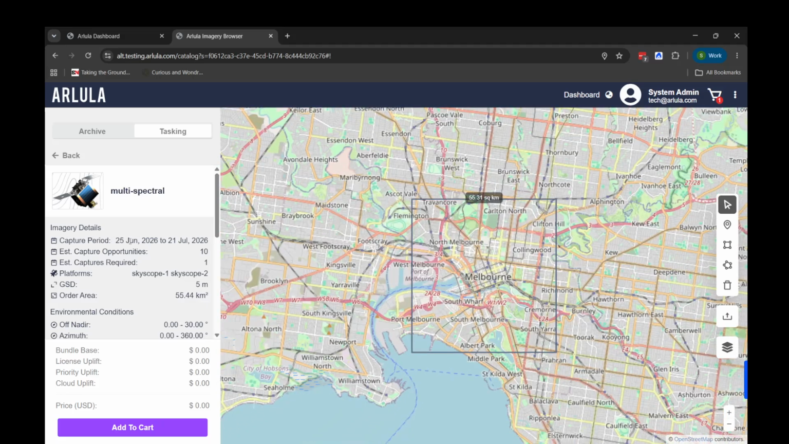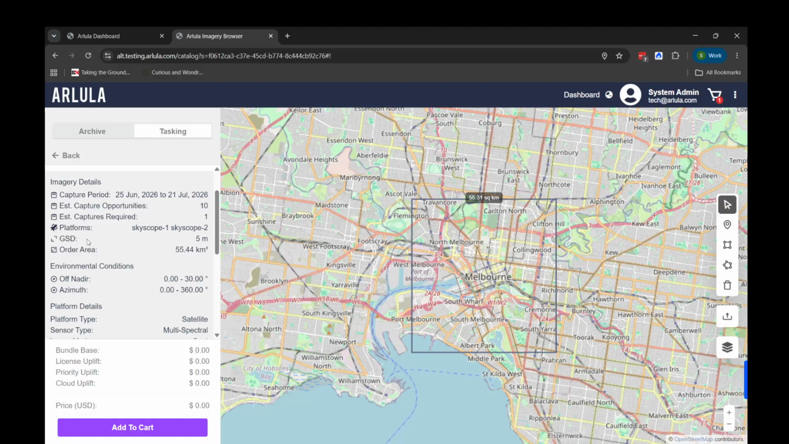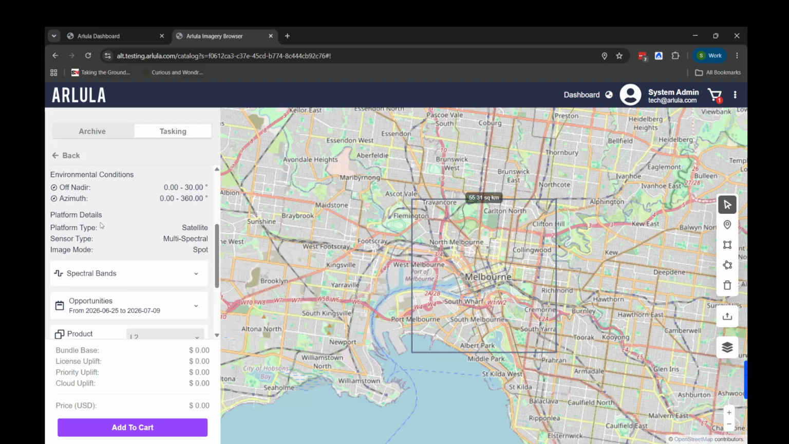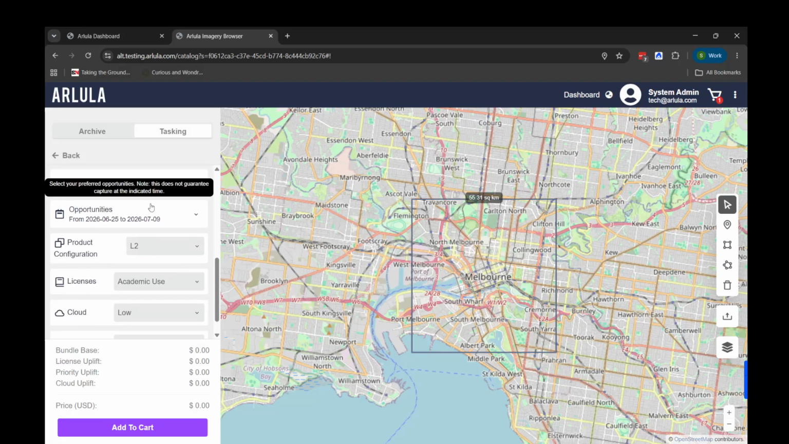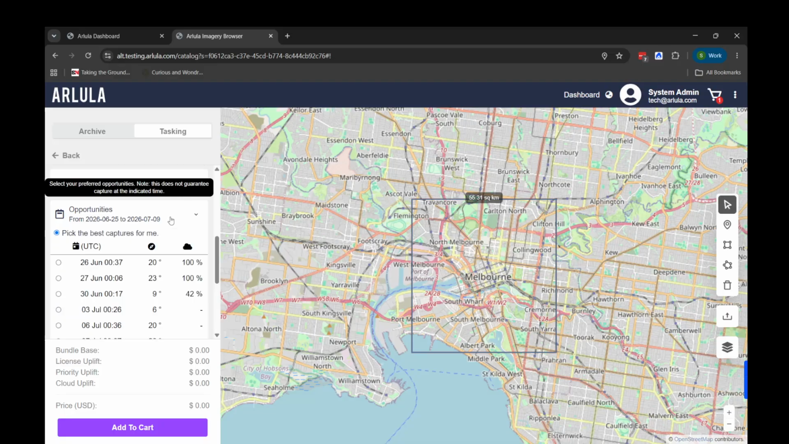You can see the capture period. You can see the estimated number of overpass opportunities to complete a capture. And you can also see the number of captures required to completely cover your area of interest. You can also see other information like the resolution, the total order area, environmental conditions, and platform details. Now here, you can also select from opportunities. You can see here the overpass opportunities, the off-nadir angle,